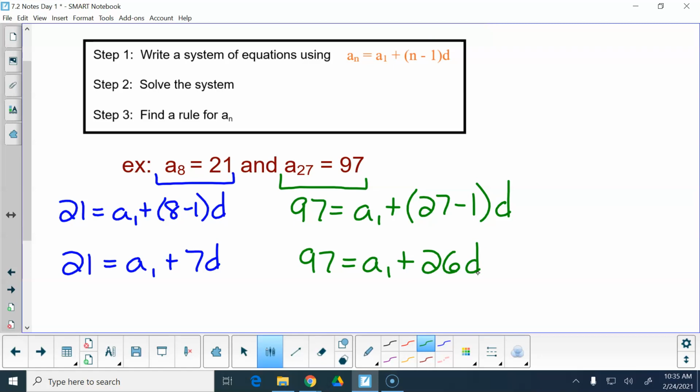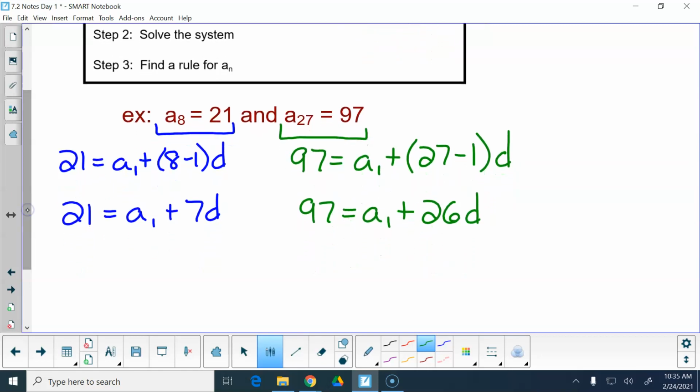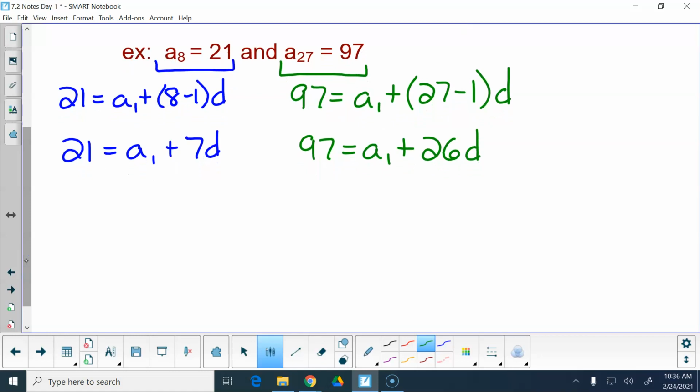There is my system of equations. My two variables are a sub 1 and d, the two things that we need to write our rule. So we need to solve that system. We've got graphing, we've got substitution, we've got elimination, we've got matrices. Whichever way you feel is the best to solve,